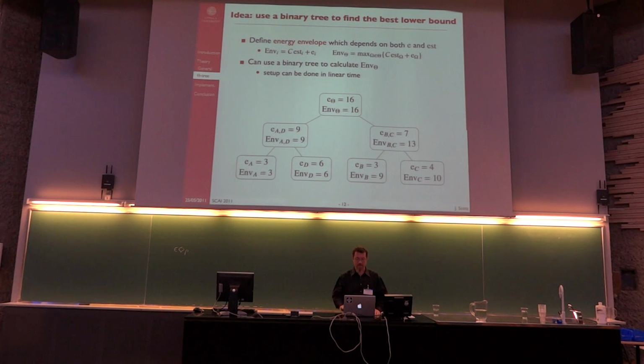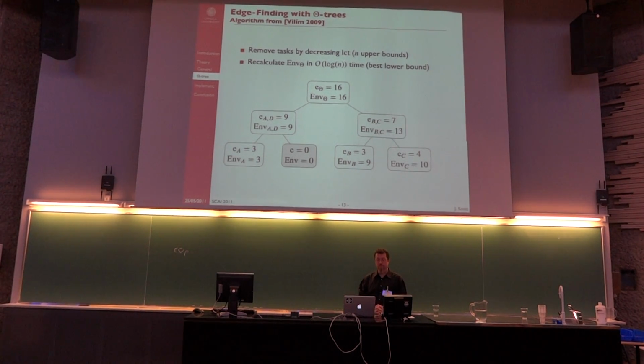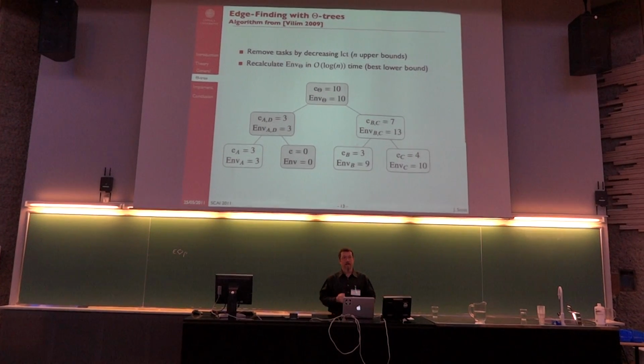Now, if we had to set this entire tree up for every potential upper bound, that wouldn't be so great. But we can set it up once for all of the tasks, so for the largest upper bound. And then we remove the tasks from the leaves in order of decreasing last completion time. So we always have a task interval, we're just shrinking them. And when we remove one node, we can update the energy envelope value in the root node in log n steps. And the energy envelope